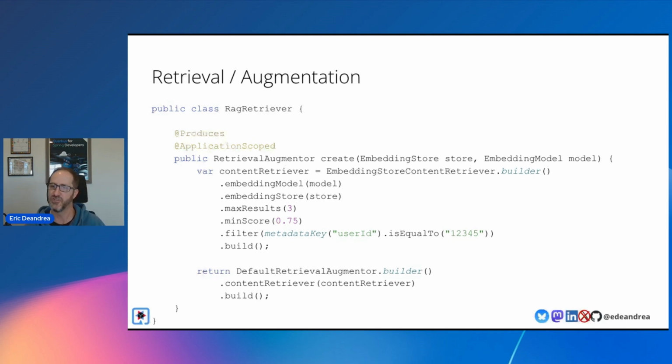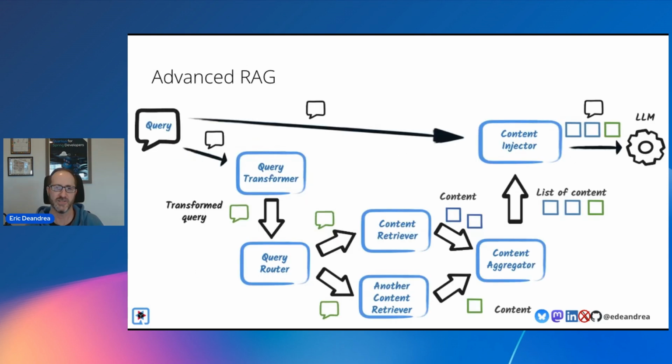And here's where you can start to use metadata. If you remember, when we put the data in, we stored metadata about the embeddings that we were putting in. So maybe this chatbot is with specific users, so you only want to retrieve data that was specific to a particular user. That's kind of what this example does. It's applying a filter based on the data that's in the store. And then you construct this augmenter and you give it the retriever, and it will just know how to go and fetch the results and do all that fun stuff for you. So that's the simple use case.